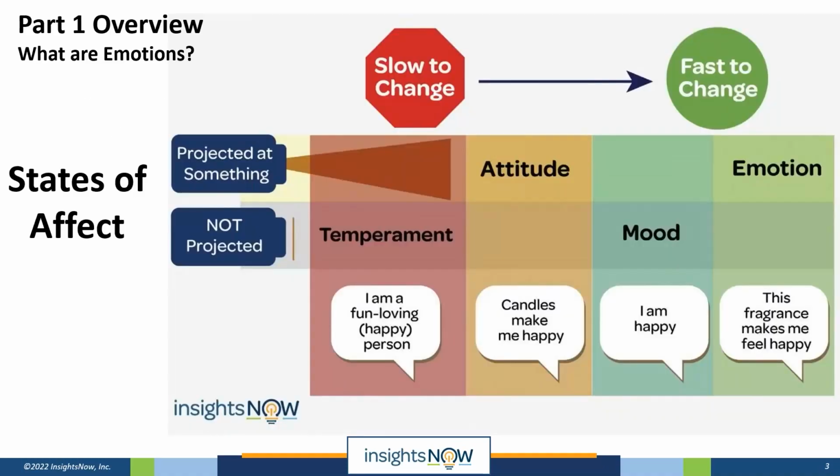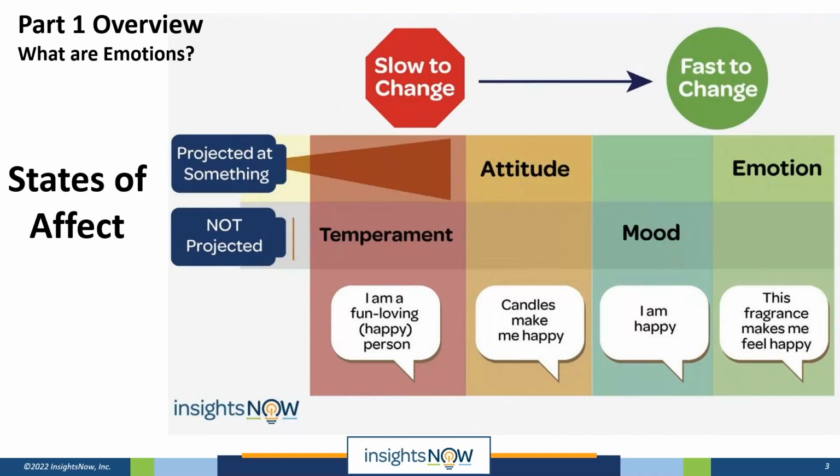Quick review. Last week, if you were with us, you remember that we looked at what emotions were and what emotions were not. One of the things we talked about was this particular layout of information so that you could look at the different types of affect that consumers, or we as people in general, often use. We're using the same words to describe a lot of different things. So this allows us to make sure we're really focusing on whether they're talking about an emotion, a mood, an attitude, or just their temperament as a person.